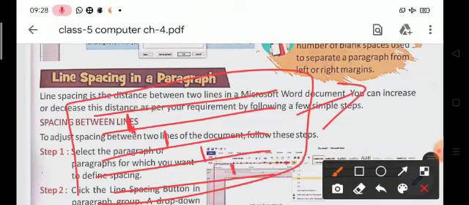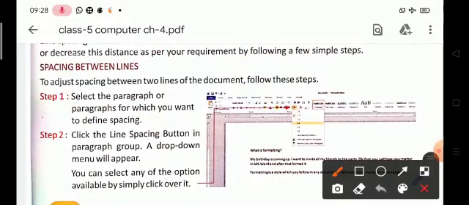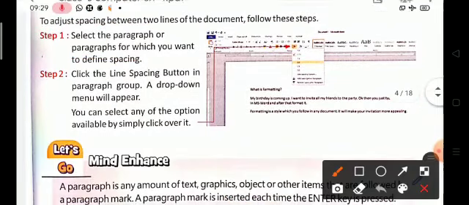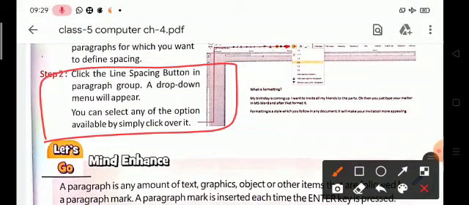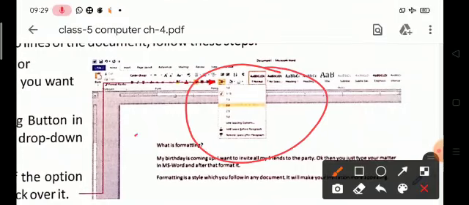Okay, so how do we use the line spacing option in MS Word? To adjust the spacing between two lines of a document, we can follow these steps. Step number 1, select the paragraph or sentence for which we want to define spacing. In step number 2, click on the line spacing button in the paragraph group. Children, here we click and select the drop down option.